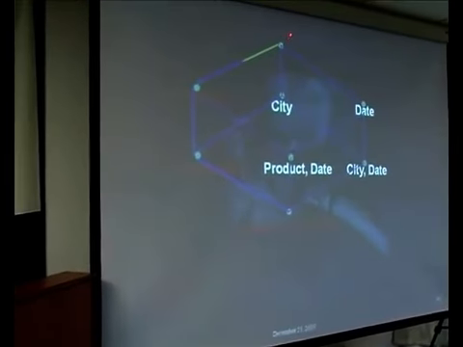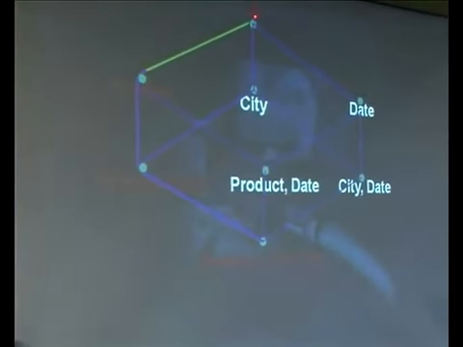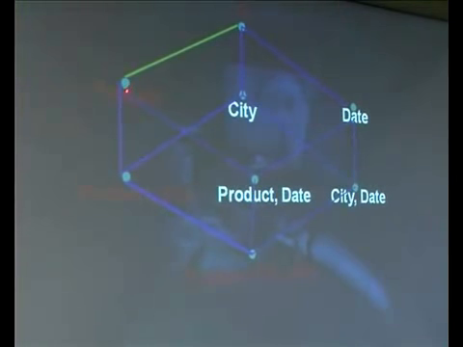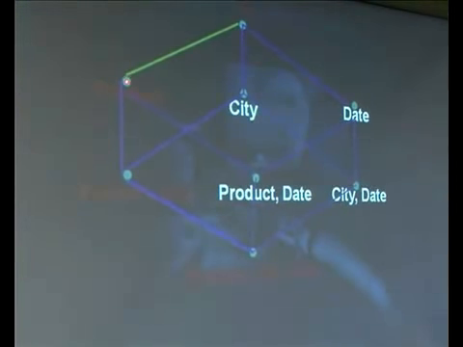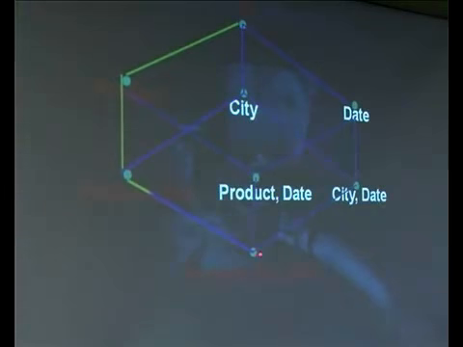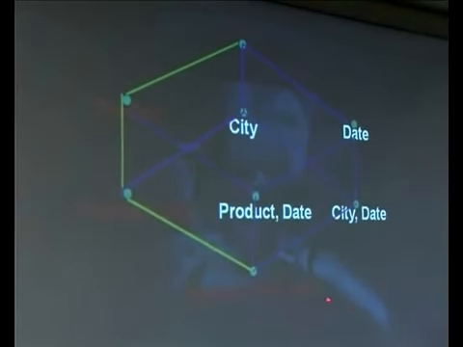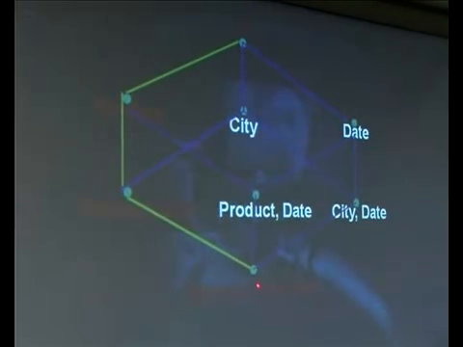there is another operator called drill down, which is a reverse of roll up. You are moving from top level to the next lower level, then from this level to the next lower level, namely product city combinations of aggregations, and then from this to the lowest level, namely product city date combination. And you cannot go down because this is the lowest set of values that you are having in your structure. Suppose if you have further details, then you can go down. So this is the drill down.